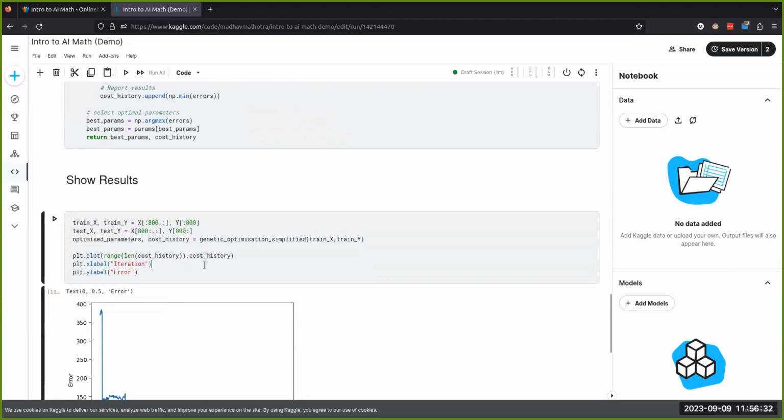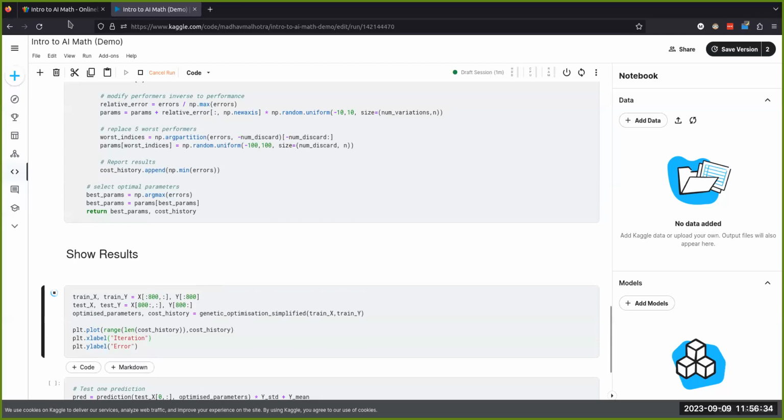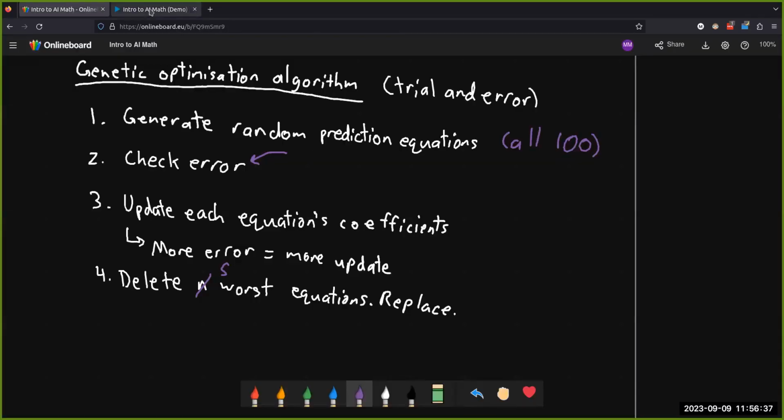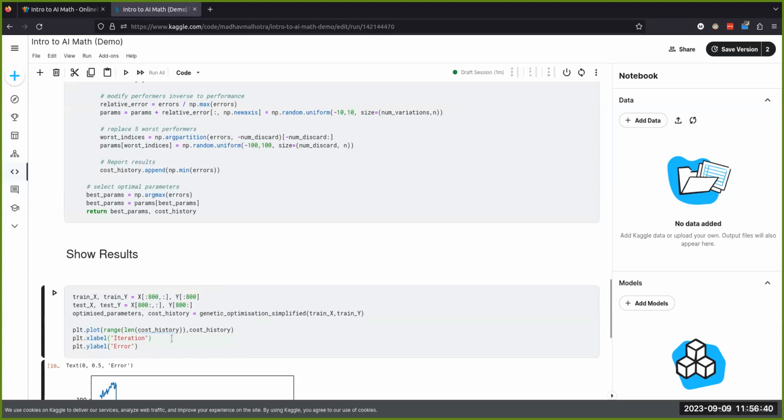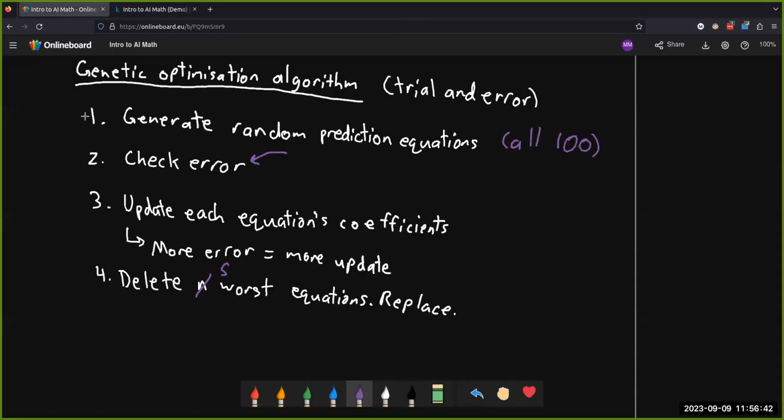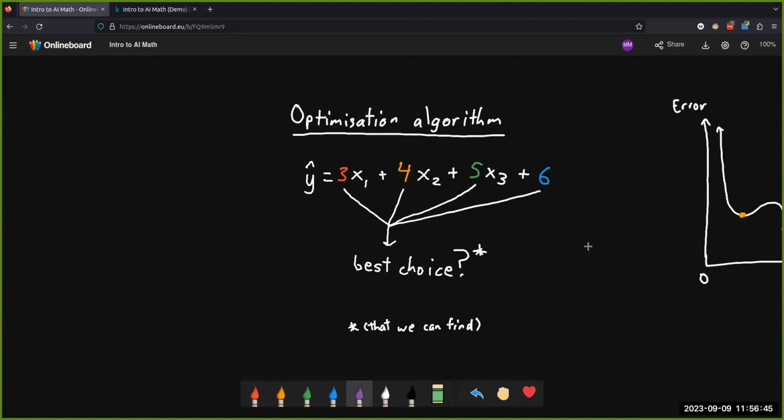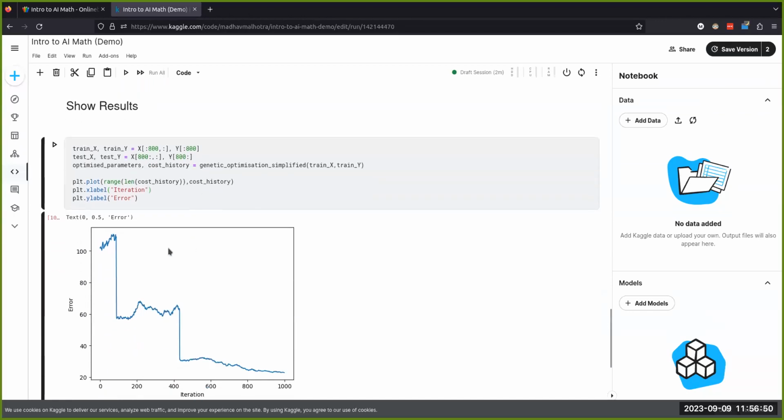Okay, so I'm now going to train my algorithm using this optimization function. At the start, I just randomly picked some parameters, these values over here. And then after that, I started using my algorithm to predict different parameter values. You can see the error of the algorithm changing over time. At first, the error was very high, and you can see it's spiking up and down randomly because I'm just generating random equations. At first, the error is going up.